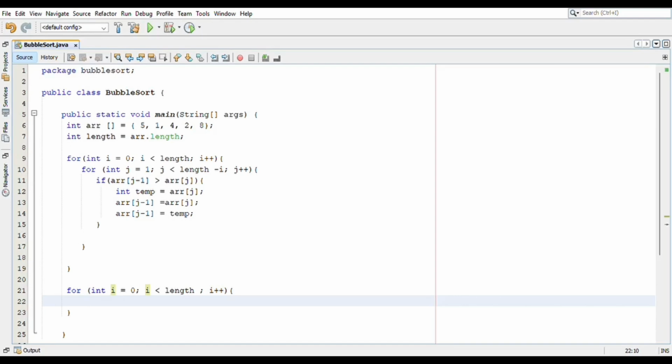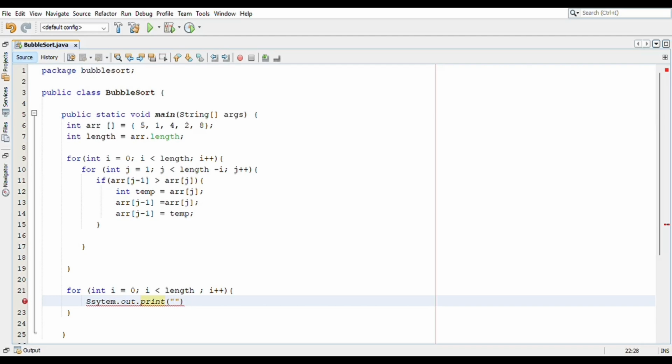Now, I want to print the content of the array, so I will simply use the print function over here. We will use a print statement so that we get the content of the entire array in a single line separated by space character.